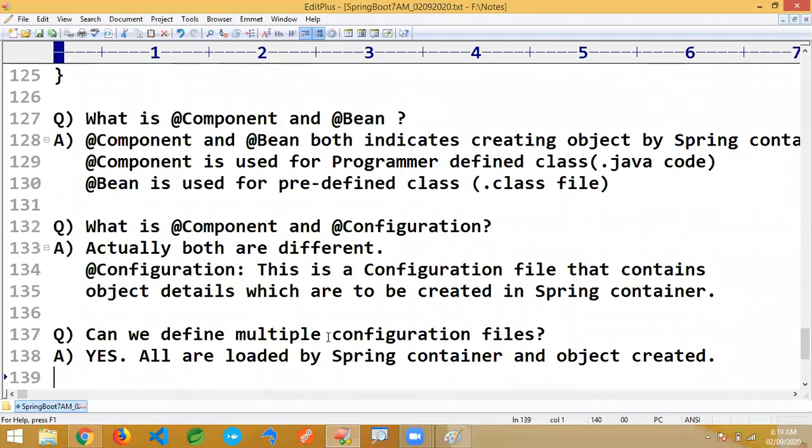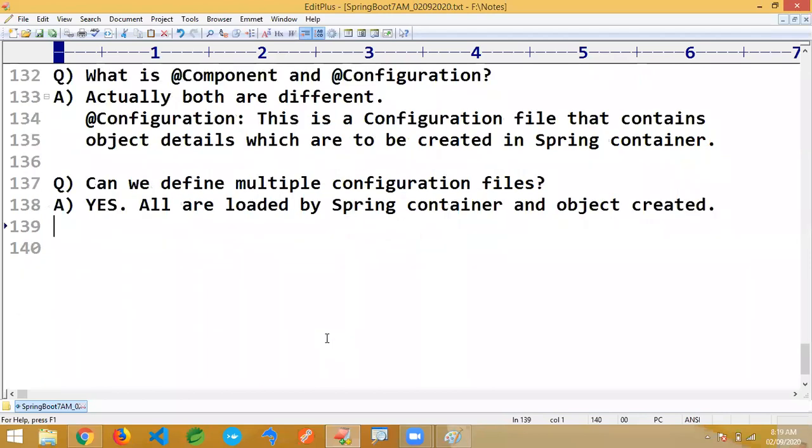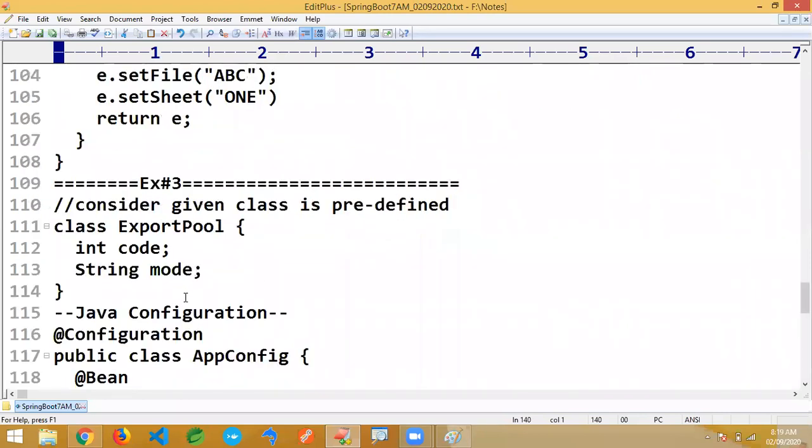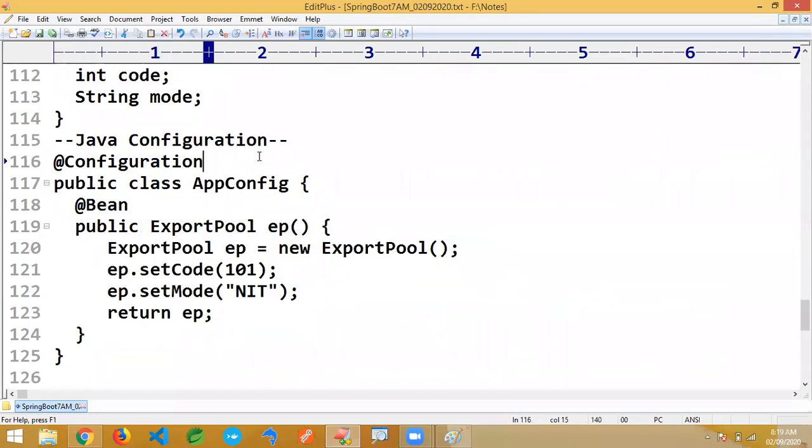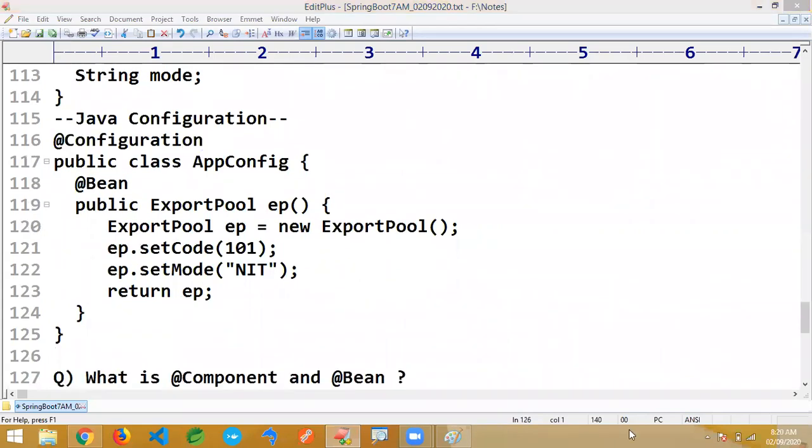If you don't provide configuration, it's not going to work. It will be treated like a different dummy class. The container will never identify your class, and the object is not created. If you did not write the annotation, it will never be treated as a Spring configuration file. You have to specify that. If you forgot @Bean, @Configuration or @Component, or any particular annotation, objects are not created by the container. If you try to read those objects from the container, it will give null.